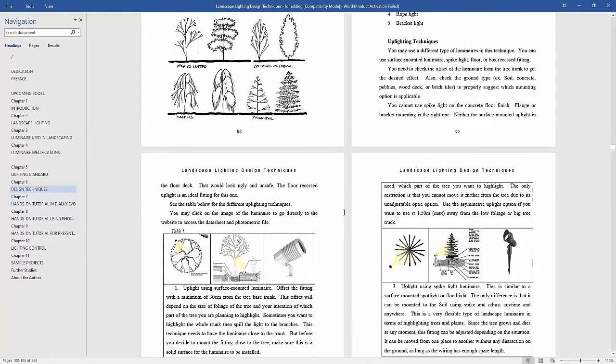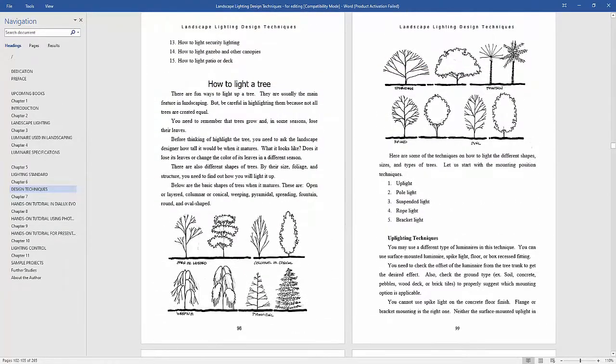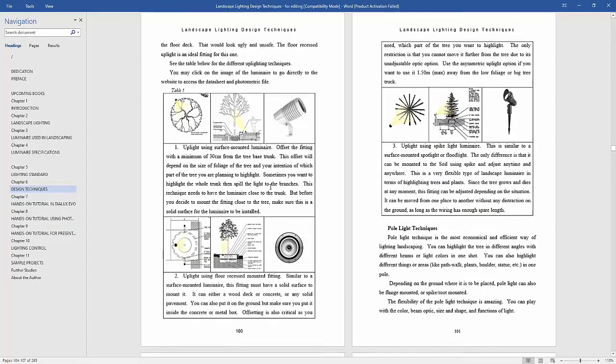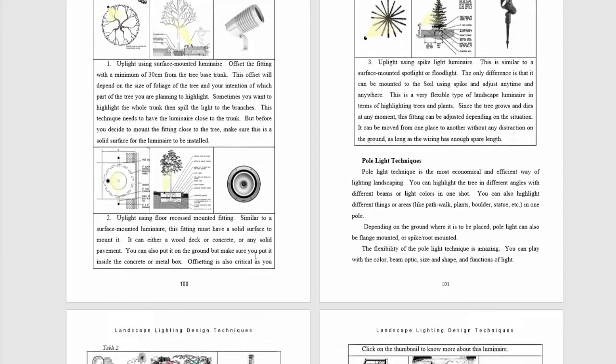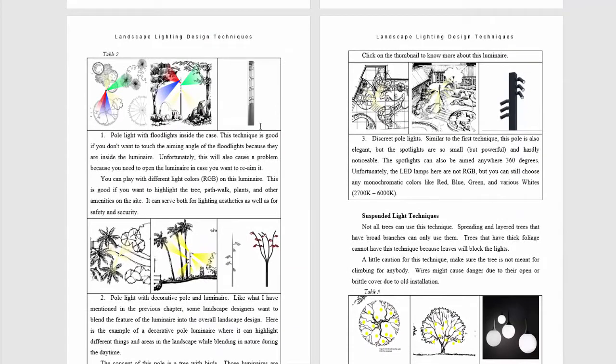So in this book, I discuss how you should highlight a tree. For example, in a columnar or conical type of tree, how do you highlight it? So there are different types. Again, you can use a spike light, surface mounted, or even recessed if there's a pavement like this one. Spike light, surface, and recess. And if it's not possible to do that, and if you also want to highlight the pathwalk and other